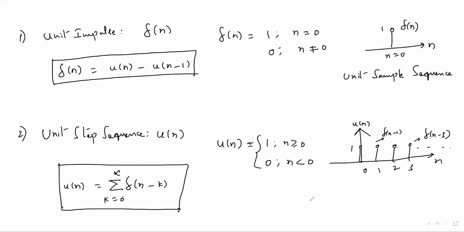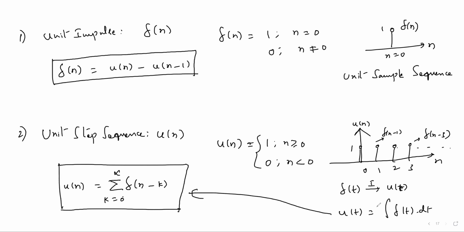Observe one thing here. I have given singularity functions in the first class. Del of t after integration, u of t we will get. Here, u of t is integral of del of t in continuous. The counterpart in discrete: this is integration, continuous summation. This is sigma, discrete summation. So we'll have similar kind of relation between step function and impulse function.